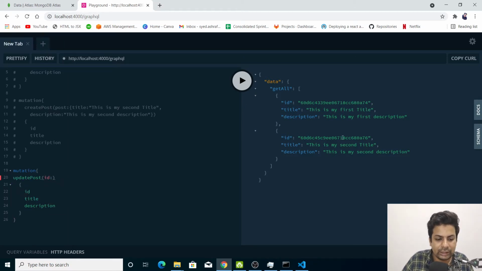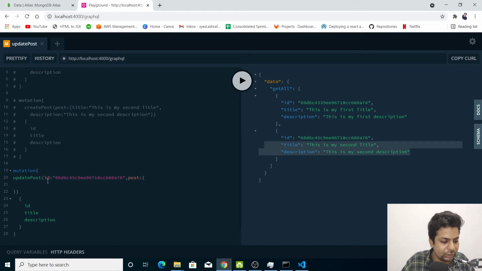So what our ID is, suppose I want to update the second post, so I'll just pass it, and what is the updated data? Updated data should be title and description.